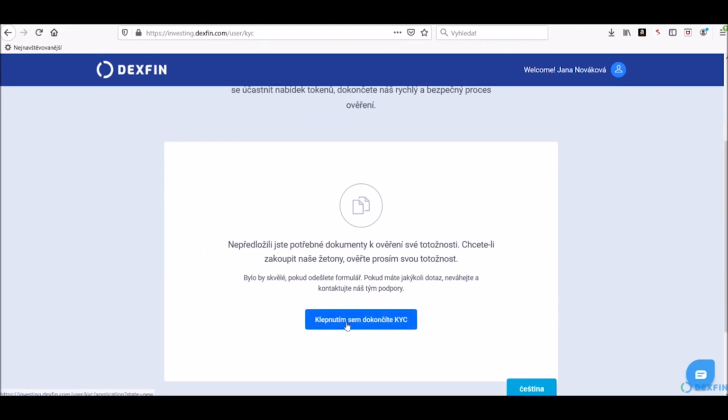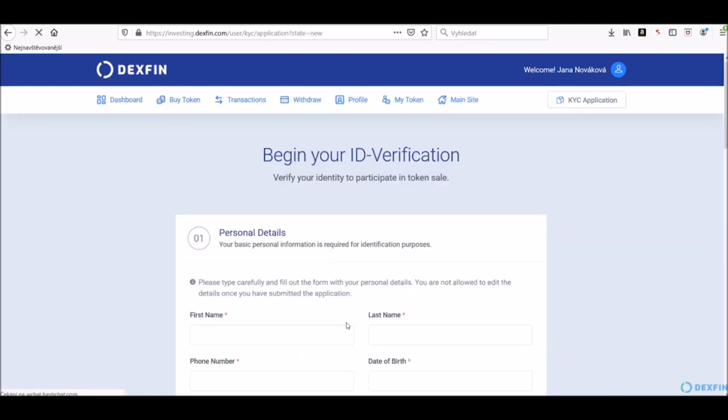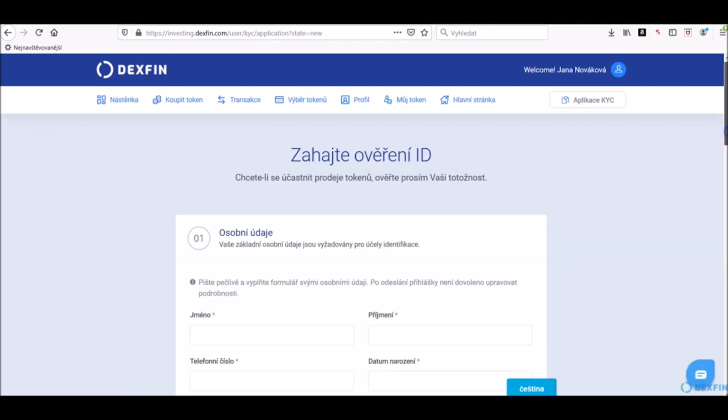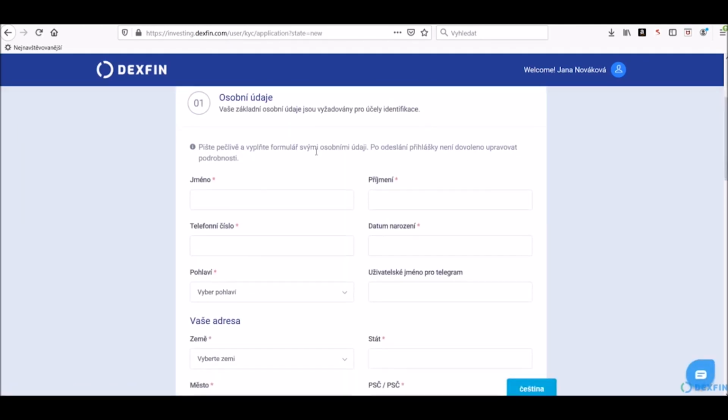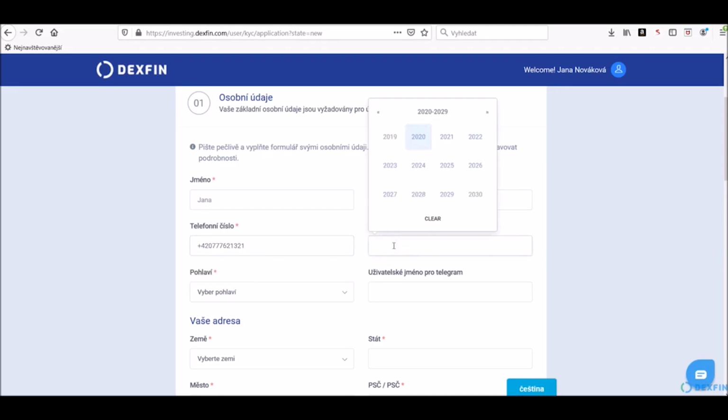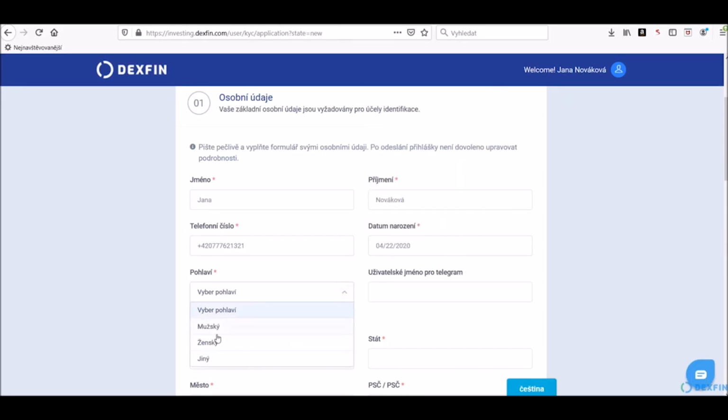So we click on Verify KYC. After opening the link, we will fill in all our data again. So our name, our surname, our phone number. I recommend including the country code, date of birth, choose gender,